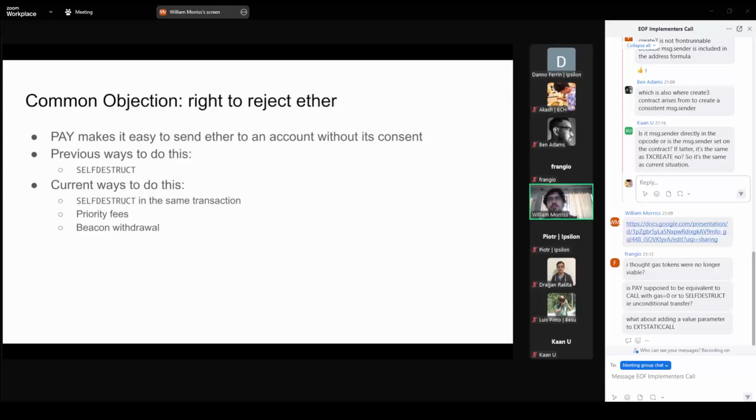I do like that it doesn't have any ability to make changes. That does remove a lot of the incentive for griefing, but griefing can still be done maliciously. If you're paying with priority fee, for example, the block builder can get more fees by having you execute more gas. And so they'll use up to your limit in order to extract priority fees from you.